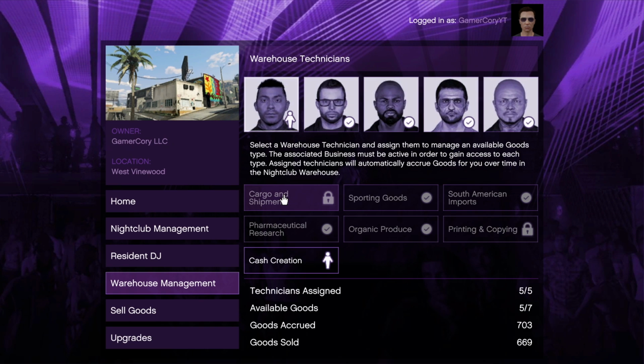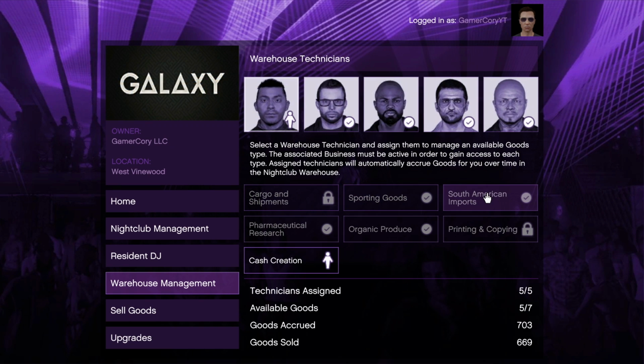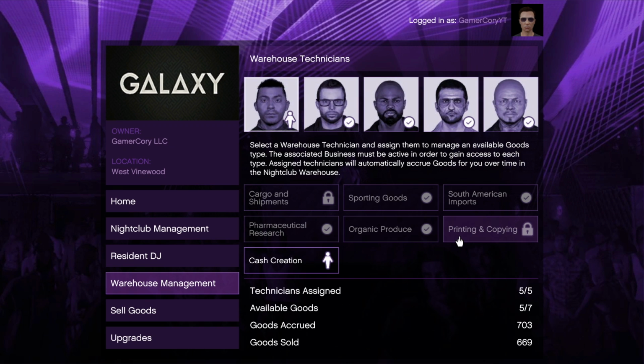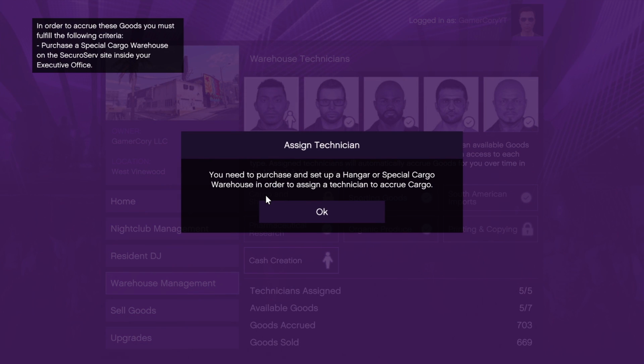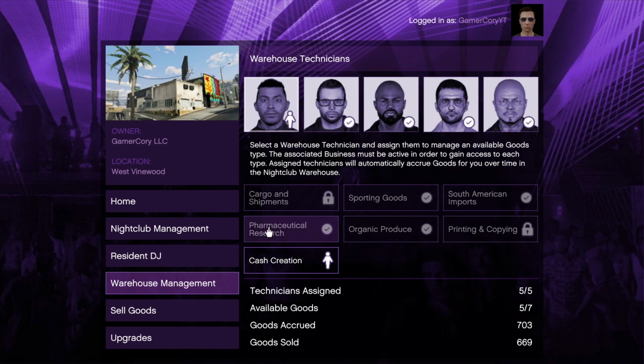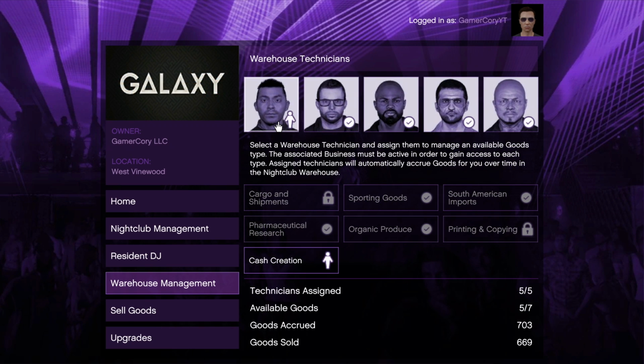Now, the 5 that you're going to want to have are cargo and shipments, sporting goods, South American imports, pharmaceutical research, and cash creation. You're going to want to stay away from organic produce and printing and copying if possible. Now, for me, I'm not in cargo and shipments yet because I don't have a hangar or special cargo warehouse yet. So I just want to let you guys know about that. But those are the 5 that you're going to want to have if you do have access to all 5